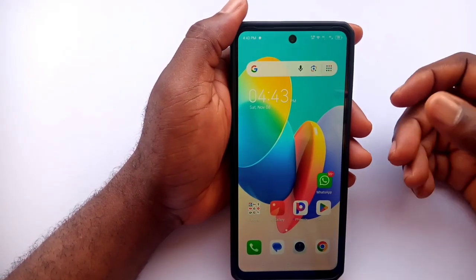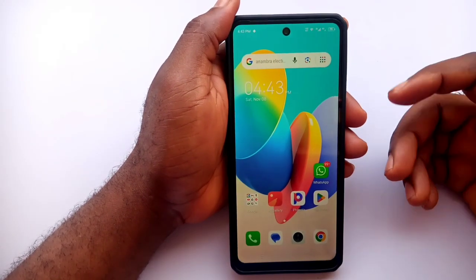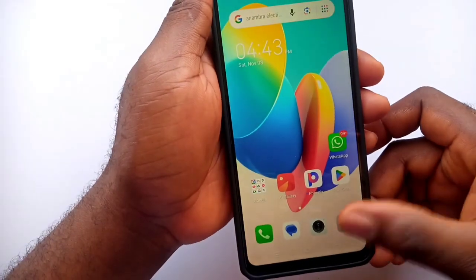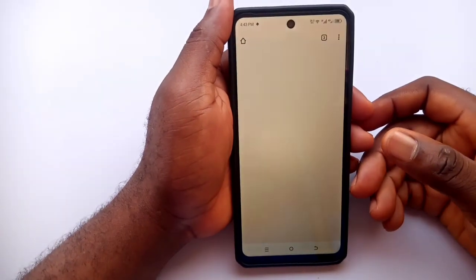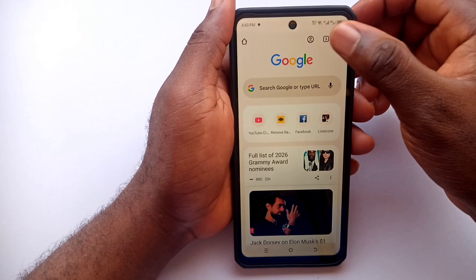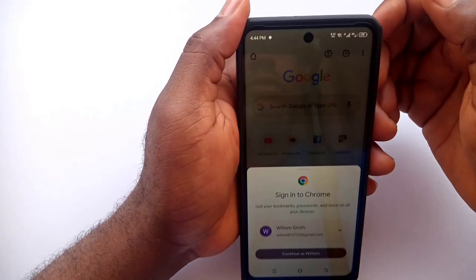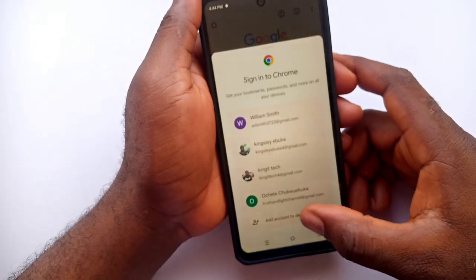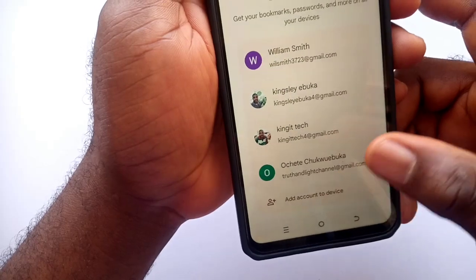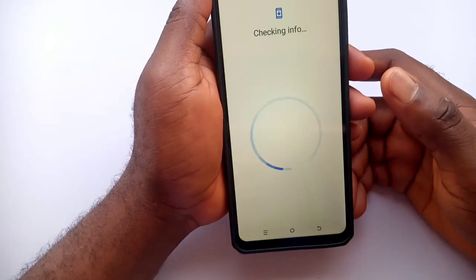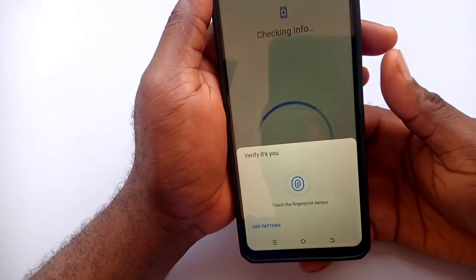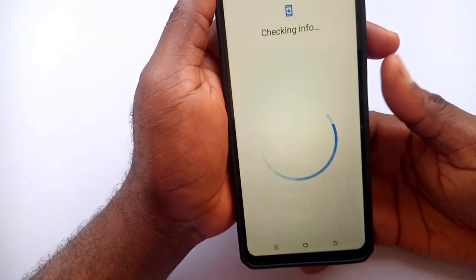In today's video I want to show you how you can create Gmail account with your phone number. Open your Chrome browser, tap on your profile login, tap here to see all your accounts, tap add account to device, verify if it is you by unlocking your fingerprint,